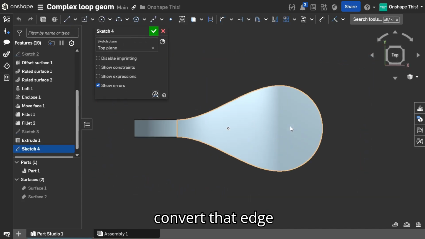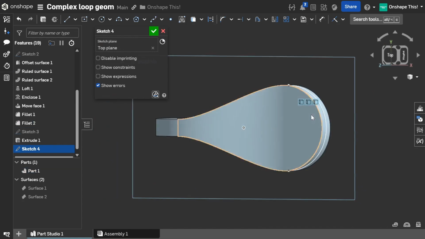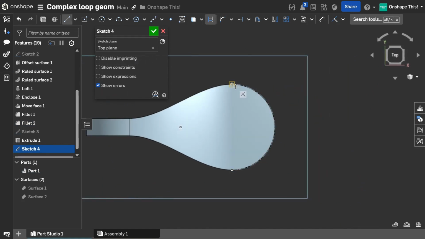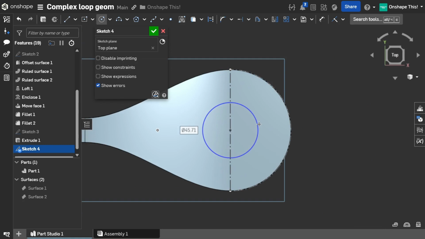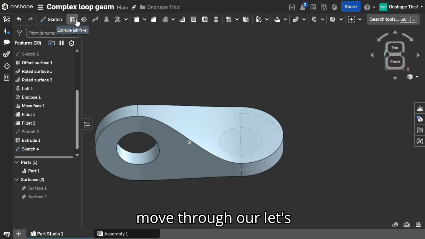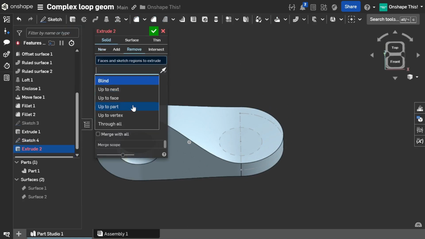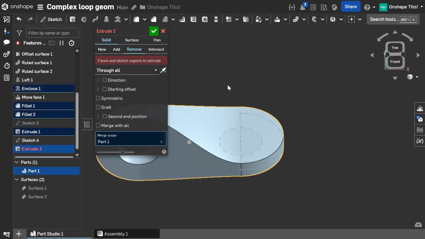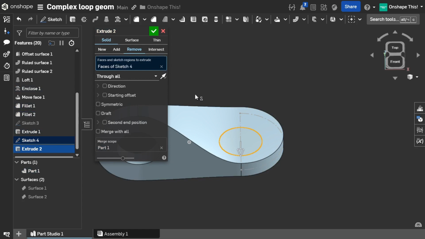Convert that edge and we extrude, remove through all, merge scope this, and that. Okay,